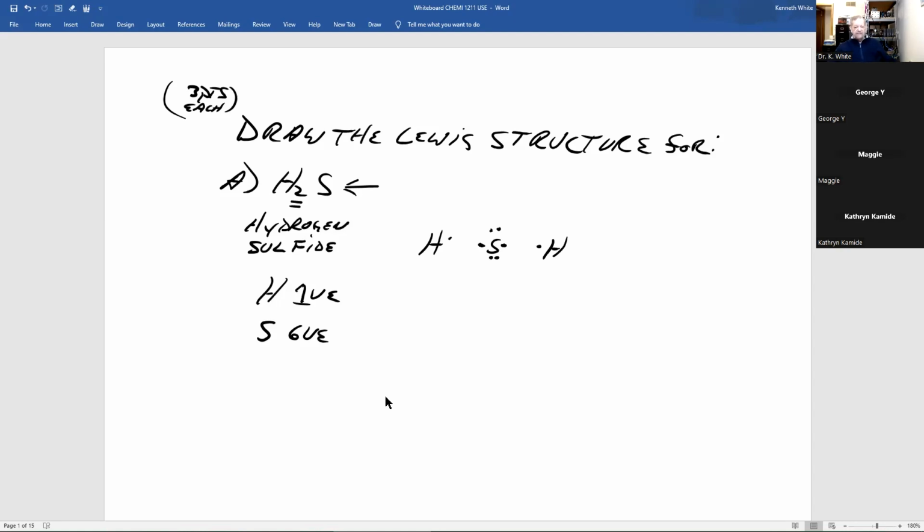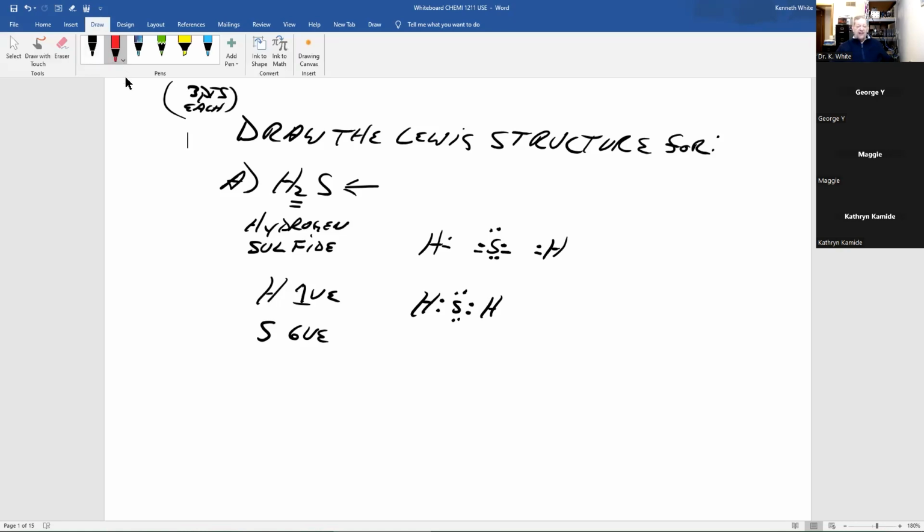Now, this hydrogen says to this sulfur, oh, look, I've got an unpaired valence electron. You do too, let's share. And they do. This hydrogen says, I've got an unshared valence electron. You've got one, let's share. And they do. And now you have the Lewis structure for hydrogen sulfide. Stinky, real stinky.